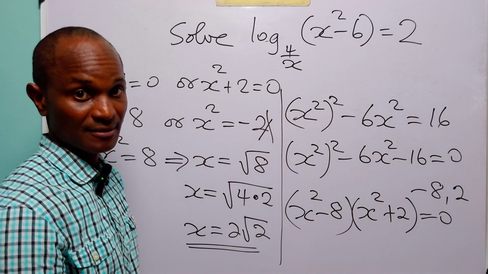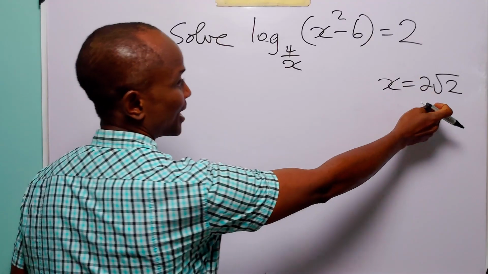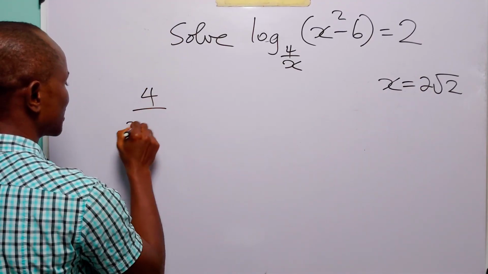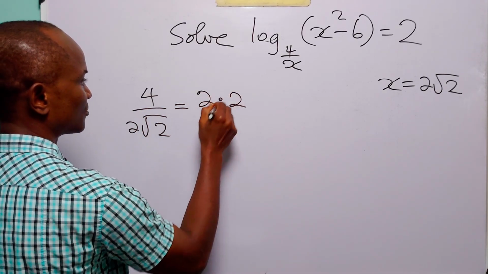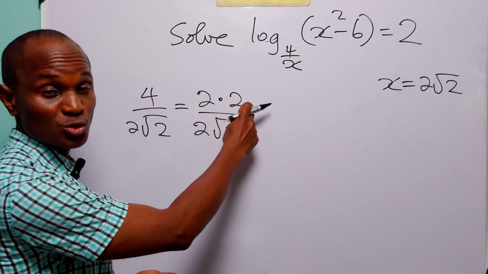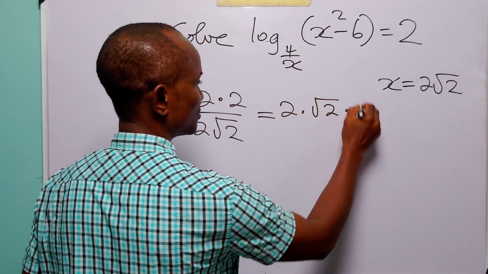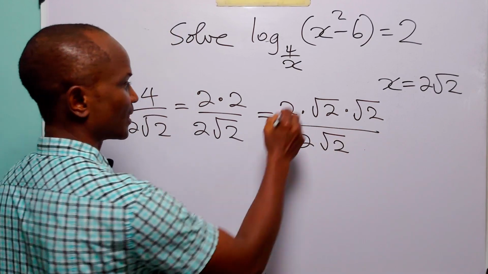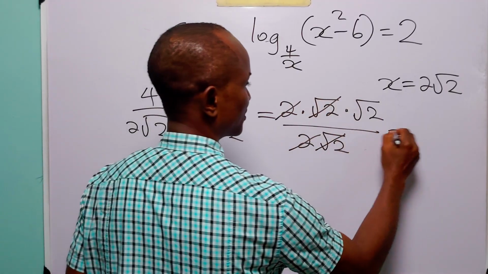Now let us check our answer. First of all, let us evaluate the base of the logarithm, that is 4 over x, when x is equal to 2 root 2. So we have 4 over 2 root 2. But of course, 4 is 2 times 2. And we have 2 root 2. And 2 is equal to root 2 times root 2. So this is simply equal to 2 times root 2 times root 2 over 2 root 2. This is going to take care of that, and this is going to take care of that, leaving us with